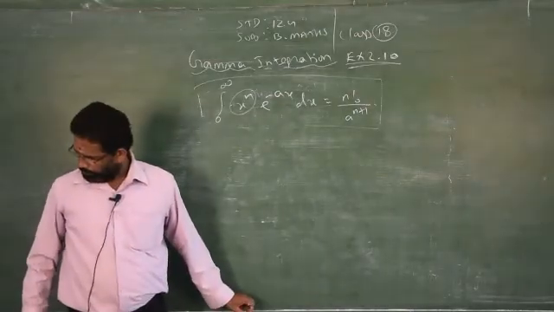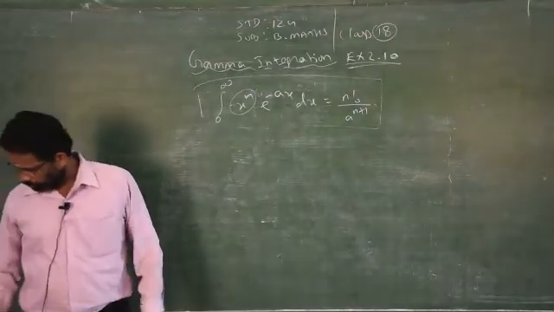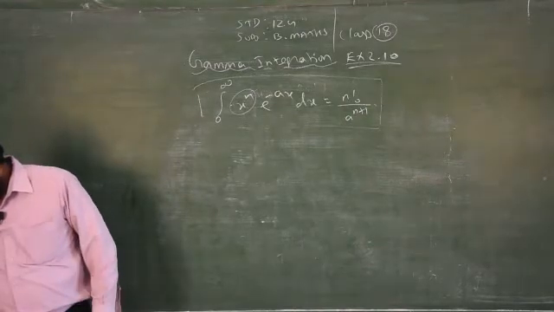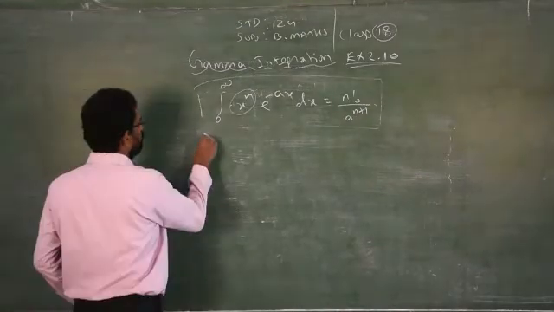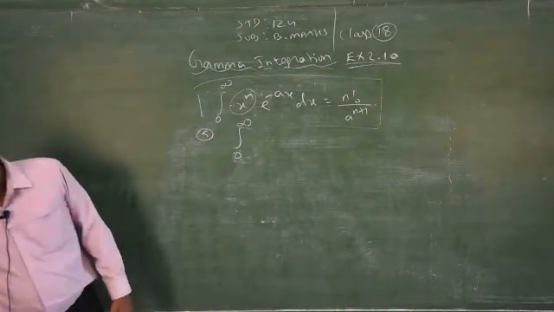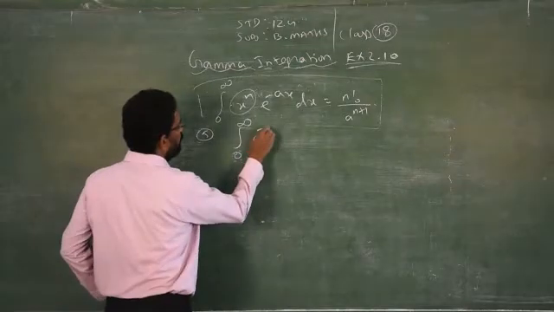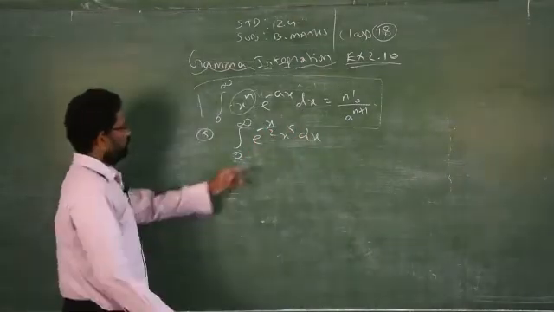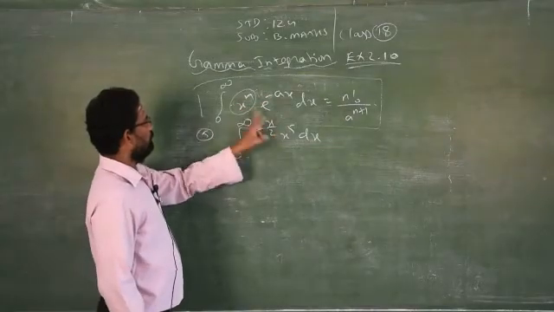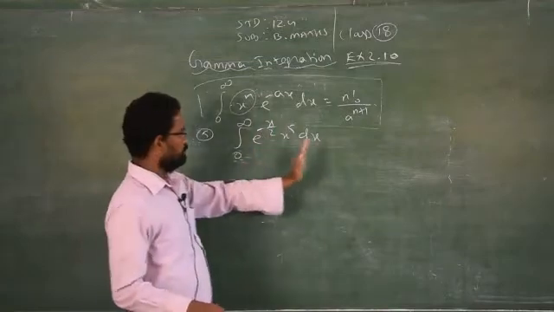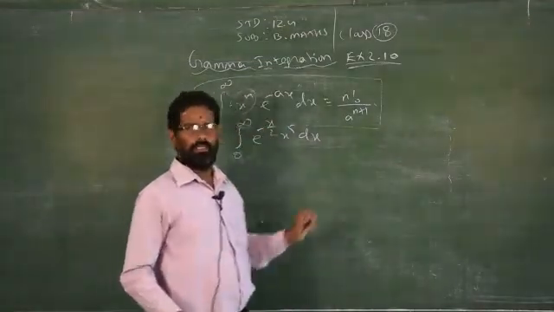We will go to sum number 4. 4 is just like the same method, you please do it, and we will go to sum number 5. The integral from 0 to infinity of e power minus x by 2 times x power 5 dx. Same format, whether the x factor is there or not doesn't matter. I told you already, I explained with the help of one example.